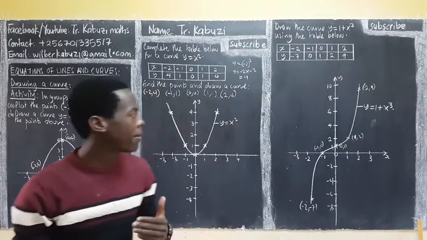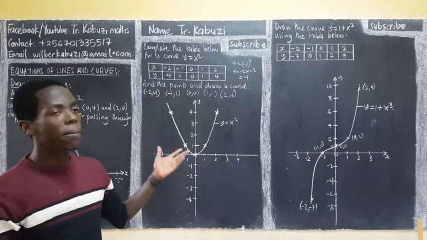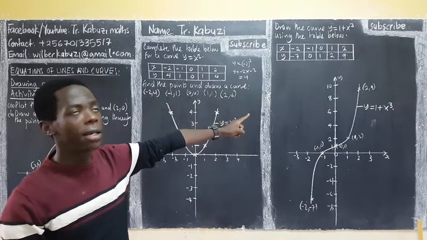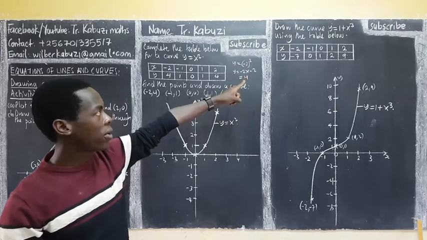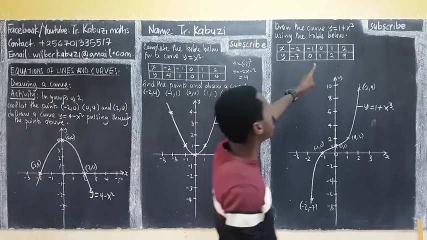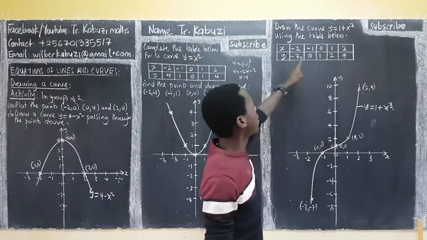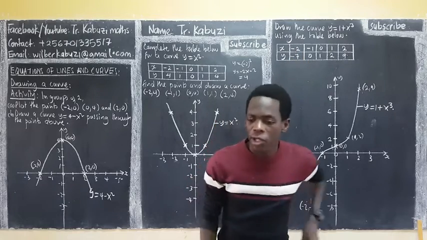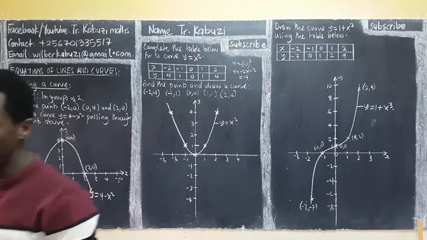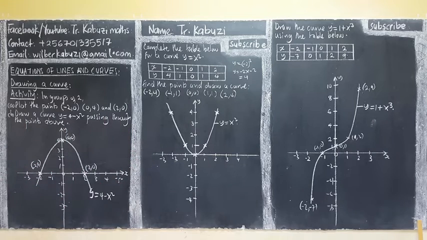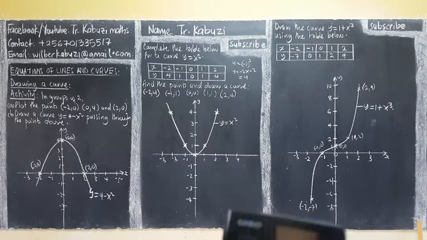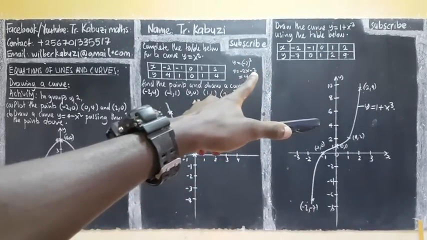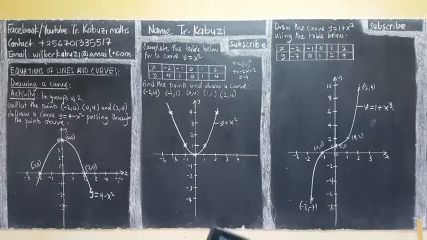So now, some questions are going to give me an incomplete table. We have seen how you can complete it. By the way, I can also show you how you press this function on the calculator. Then you just put the value of x the way you want, and it will give the values of y. Let me show you that. If you want to put in the function y equals 1 plus x cubed straight away,